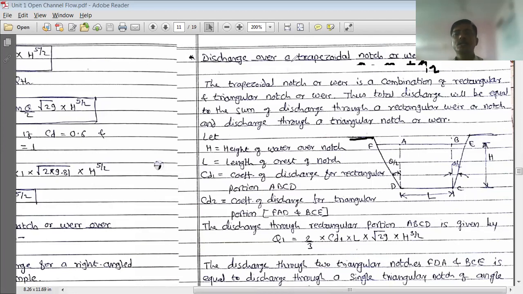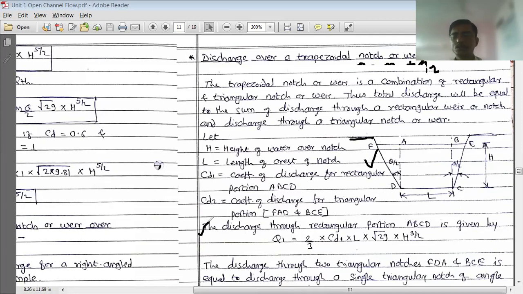Write down the title: discharge over trapezoidal notch or weir. Draw this diagram of the trapezoidal notch. Okay, and then write down this: the discharge